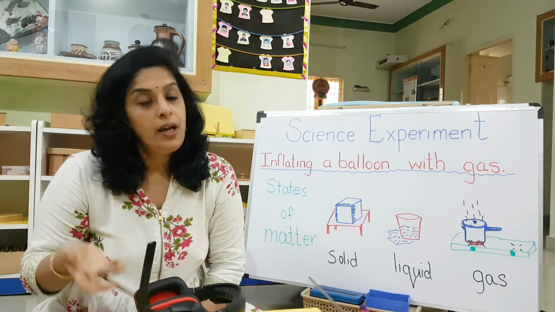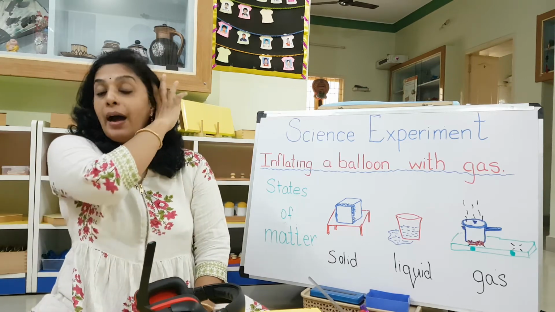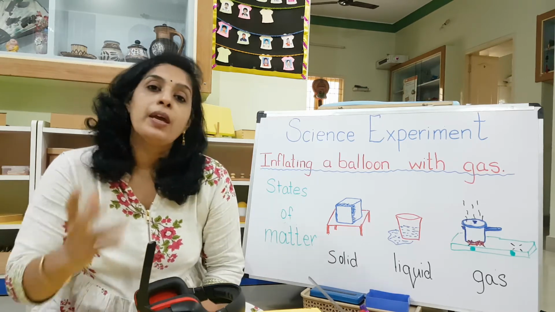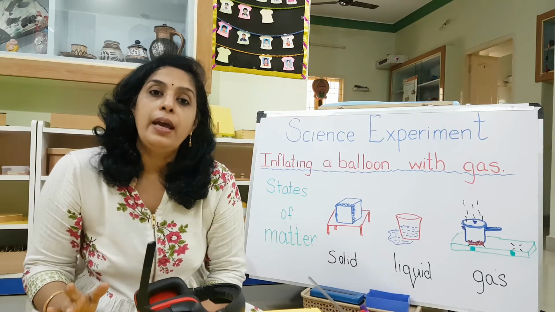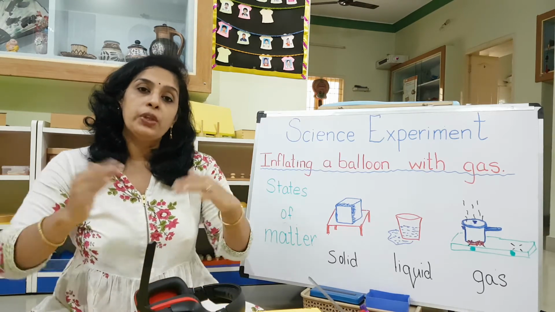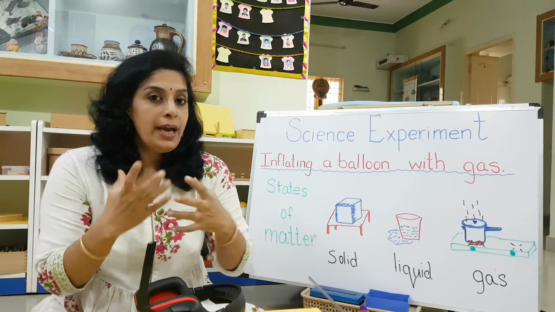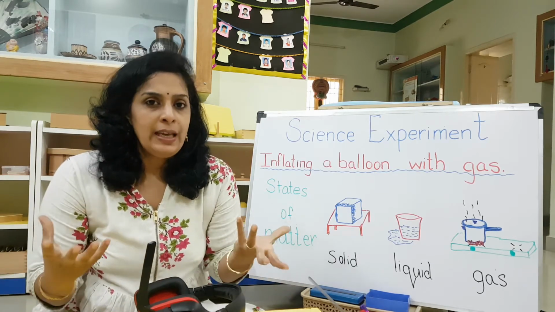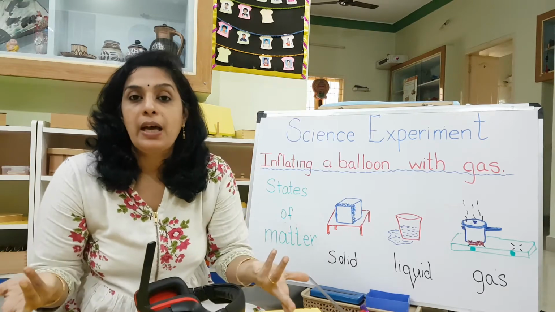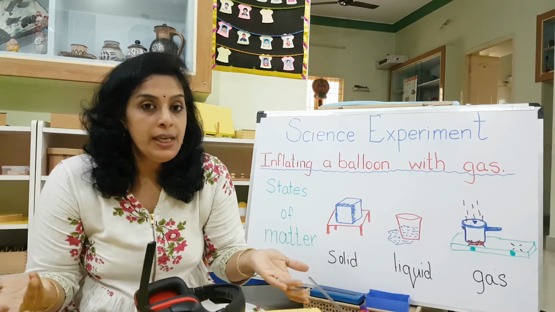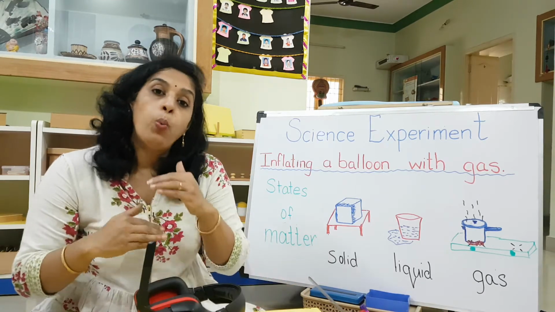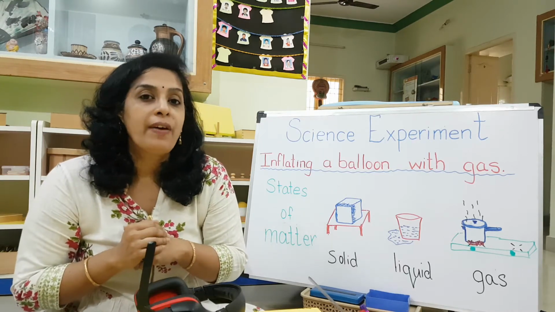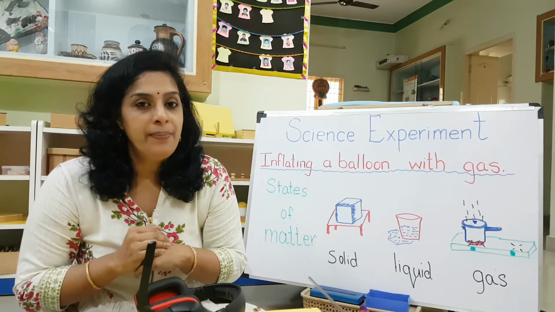Is it not? Okay. So now I am going to show you how you can make gas. Okay. When you mix two things together, some reaction happens and gas comes out. Let's see if we can see the gas with our eyes. If we cannot see the gas in our eyes, we'll do one more method and see how we can find the gas. Are you ready? Okay, come.